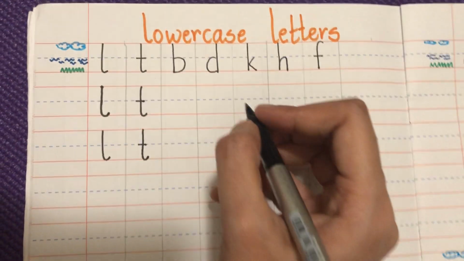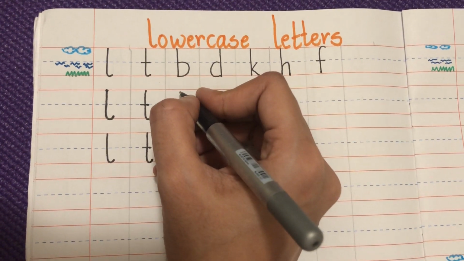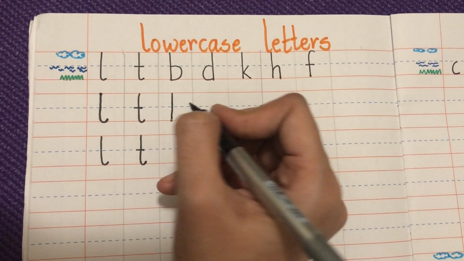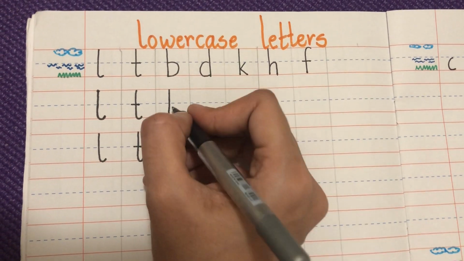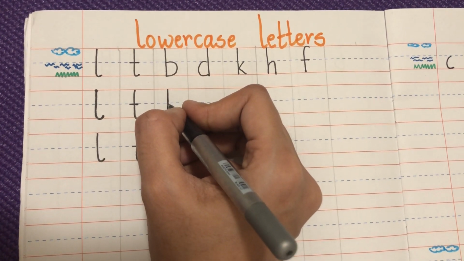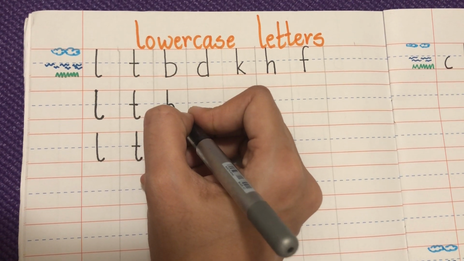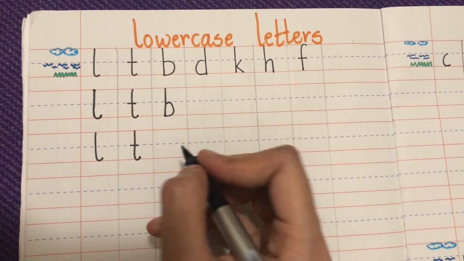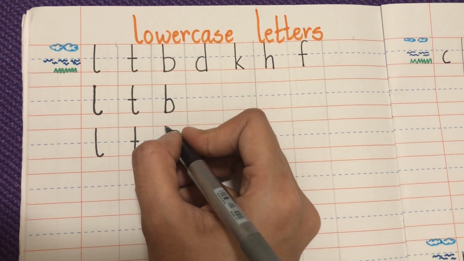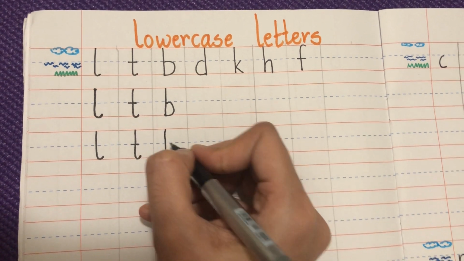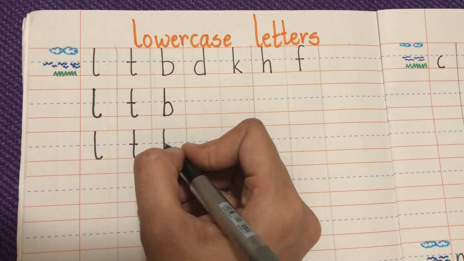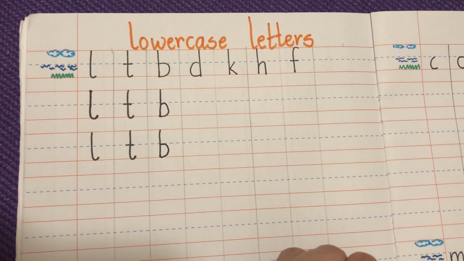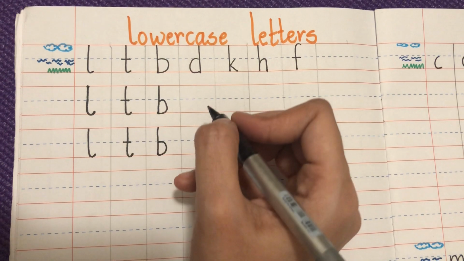Very quickly we go to the next one. Again, it's from the skyline, we cross the waters, go down to the grass line, make a straight line like this, and then you start the curve from the water line. Just from the water line, and it's a B. Once more, you go all the way down, then you pick your pencil, take a curve and say B.